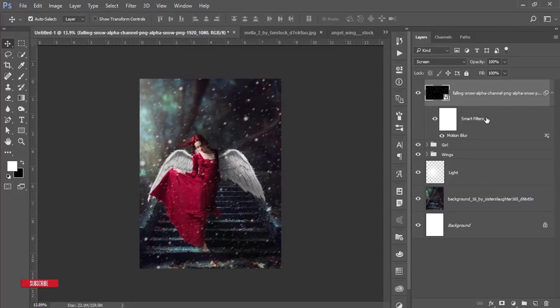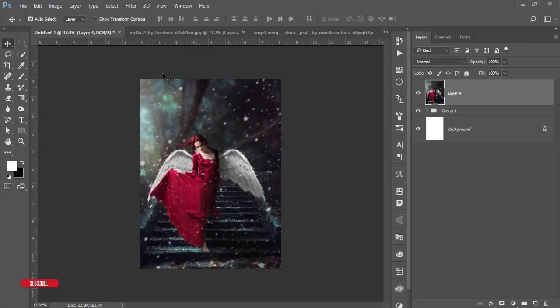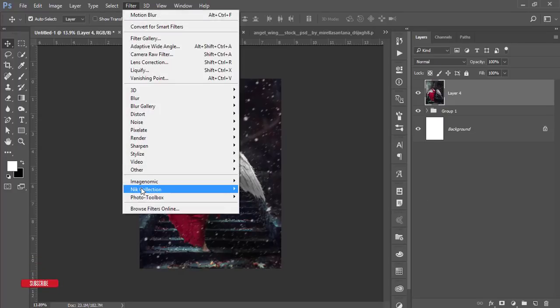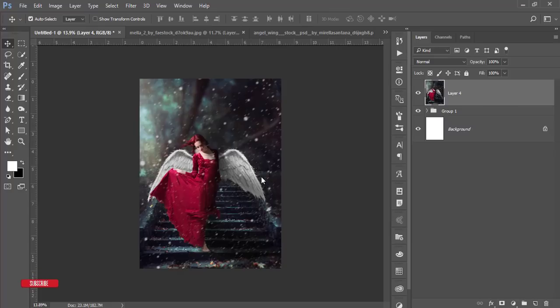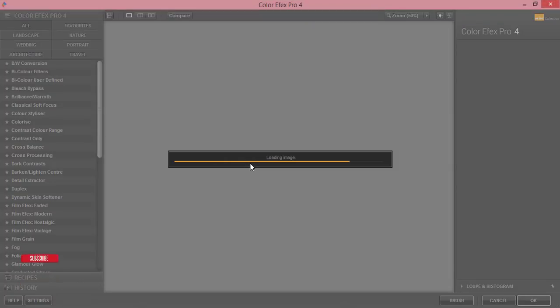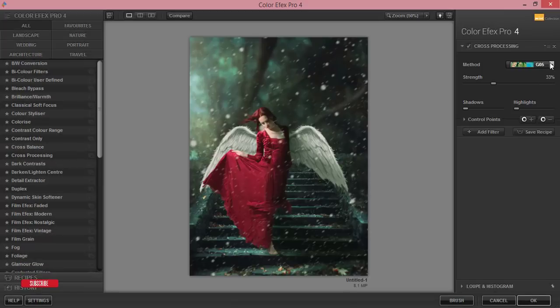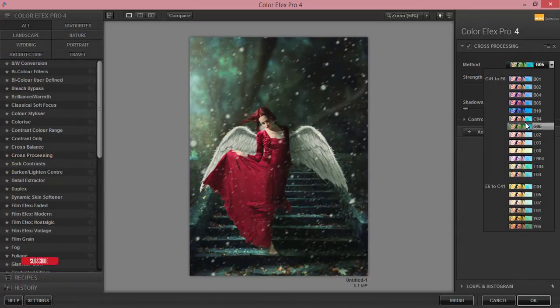Okay, select these two things, actually all the things, make it group and make it merge. After merging that, go to the filter and Nik Collection, Color Efex Pro 4. Now time for adding another effect from the Nik Collection. Nik Collection is another plugin of Photoshop. If you want to get the download link, please check out my video description. Here I'm using the cross processing, this one, and from here lots of methods and filters in this preset, so you can use